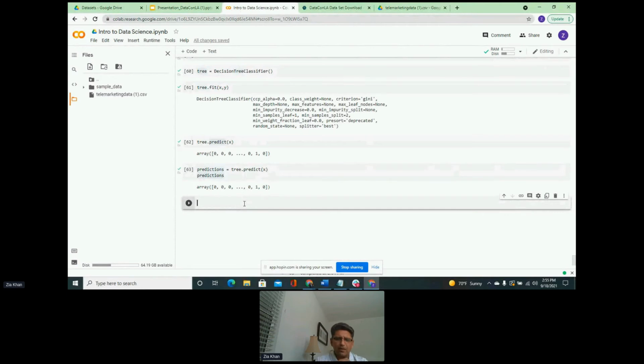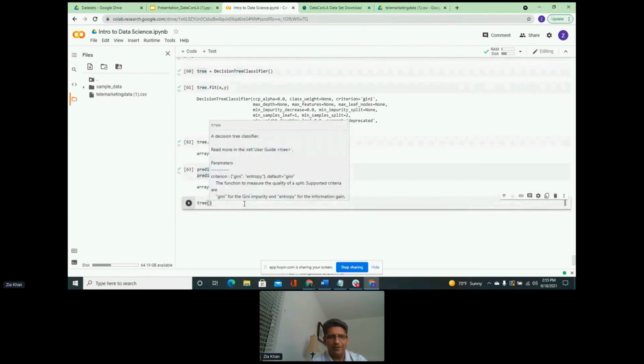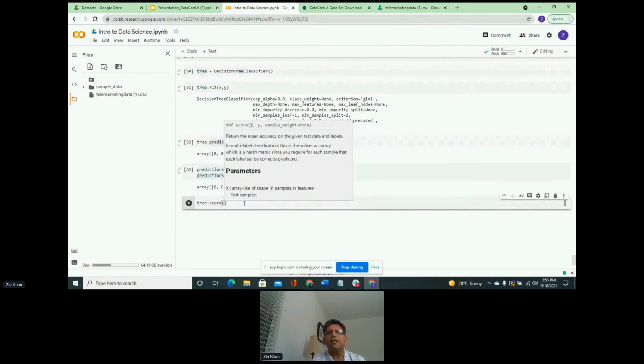And in sklearn, there is a built-in method which is called score. So we are going to use our model and then score our model using this score functionality.